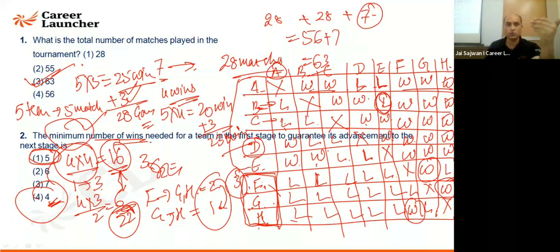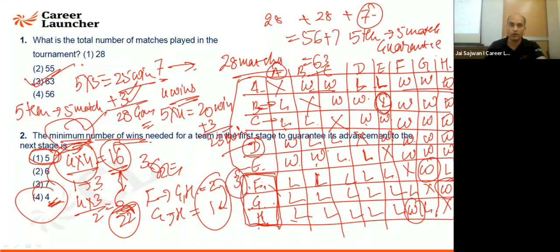So with 5 wins, you can move to the next round because the minimum wins will be there. Is that fine? Clear, everyone present there? Listen again. There are 5 teams which are winning 5 matches. I can say with 5 wins, you can move to the next round. But does it guarantee you that you will be moving to the next one? No. Now it is a tiebreaker through which it will be decided.